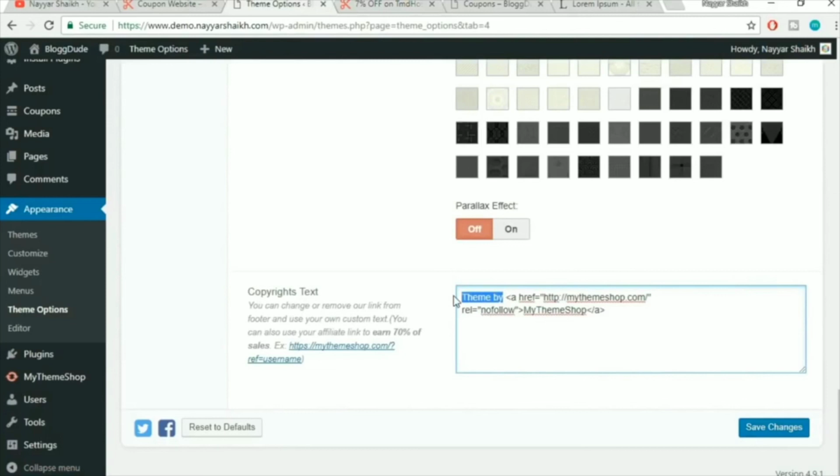What I will do over here is I'll put in created by, and instead of My Theme Shop I'll put in Nair Sheikh. So I'll put in my name, Nair Sheikh. And I would really highly appreciate it if you guys also do the same thing. Okay, if you just type in created by and type in my name, Nair Sheikh, and if you replace this